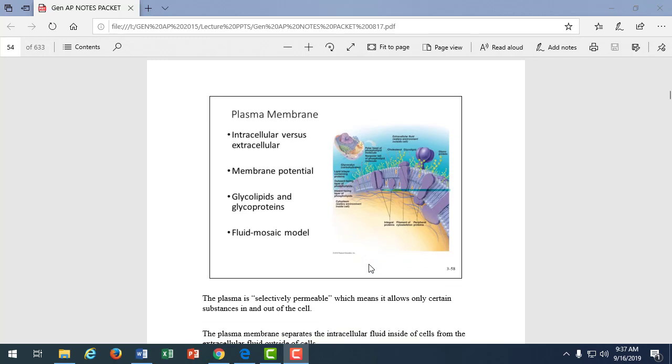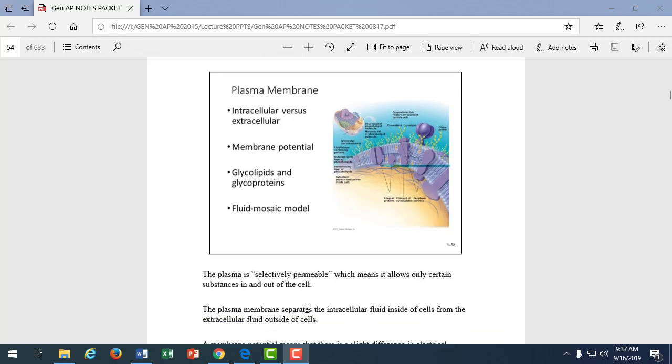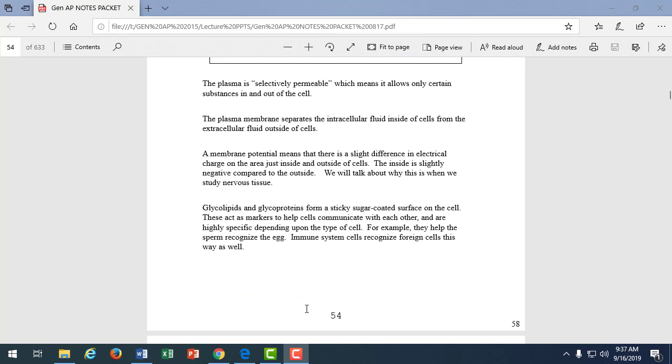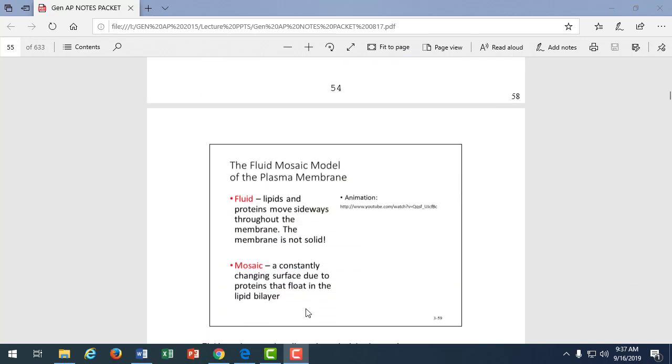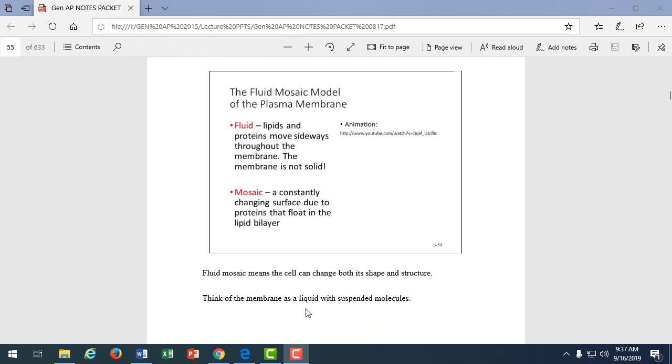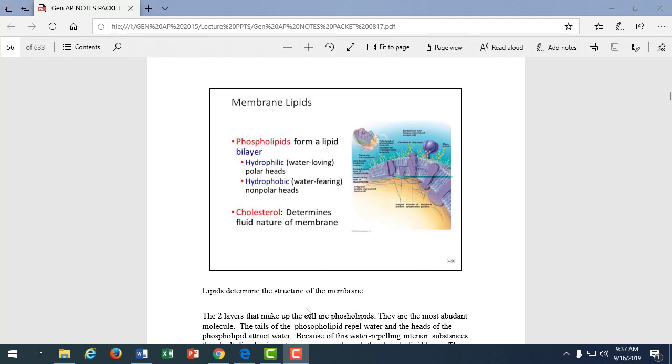So the plasma membrane then, it's selectively permeable, which means not anything can enter or leave the cell. It has to have certain characteristics to freely move, and we'll talk about that. So in lab, we talked about the different structures, and we'll talk a little bit more about that again. When we look at the cell membrane, we call it a fluid mosaic model, which means that it's somewhat fluid because it has an oily foundation or base, and that's the phospholipids. Those are oily molecules. It's a type of lipid, and the heads